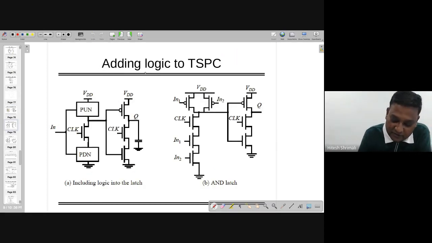Now, adding to the TSPC, we can add the logic also. So what I'm doing here is, this is a good technique. Let's work it only on clock side. So in that case, you can have power up network and power down network as we used to make it. And in between this output and just above power down network, you can have the clock. And this one is, let's say, inverter, or the second stage, which is collecting the data. So in that case, what is happening,